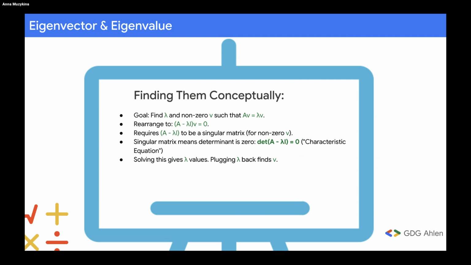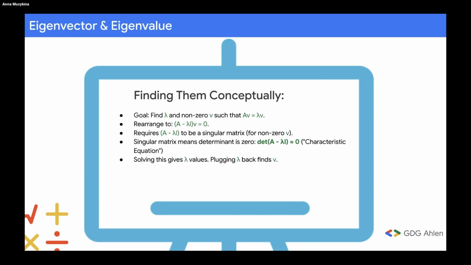And what's the condition for a matrix to be singular? Its determinant must be 0. This gives us the characteristic equation: determinant of A minus lambda I equals 0. This equation involves the unknown eigenvalues lambda. Solving this equation, which usually turns into finding the roots of a polynomial, gives us the possible values for the